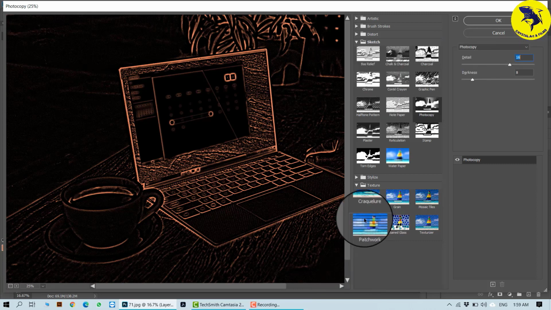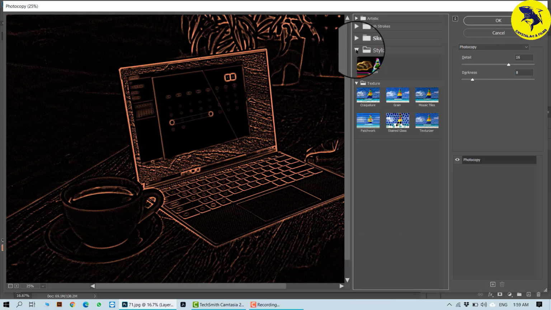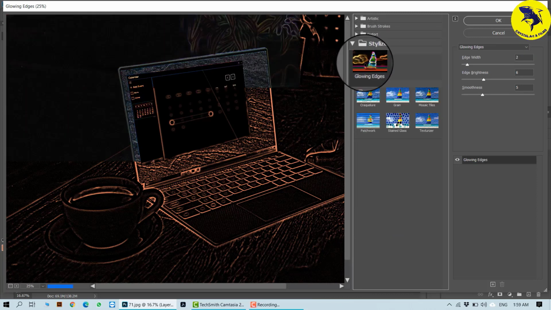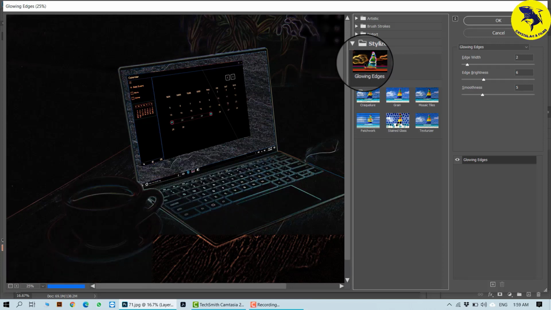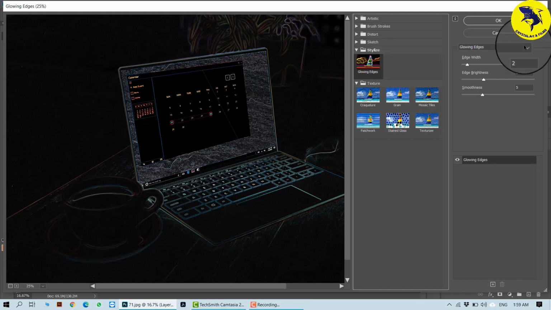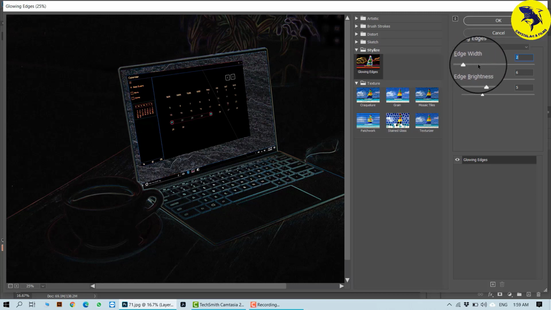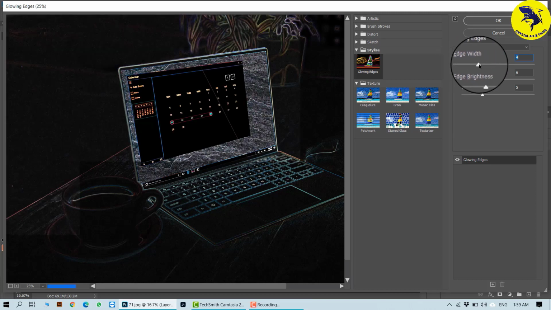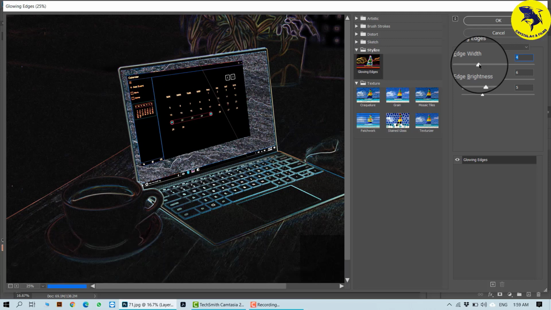That is your sketching. Next, if I go for stylize, it's only one stylize, that is glowing edge. This is something like a contour, the contour edge in your stylize filter. I've already spoken about all the filters present in the stylize. I will leave a link on the top which you can go and view, where I have explained each and every filter in detail with the settings and changes also. Next, you can see the edge width is only 2. If I increase the edge width, I bring in more colors, each and every point becomes more precise, and more of these things pop out.